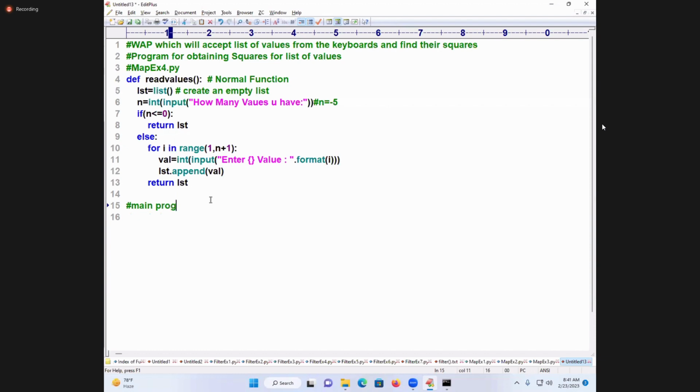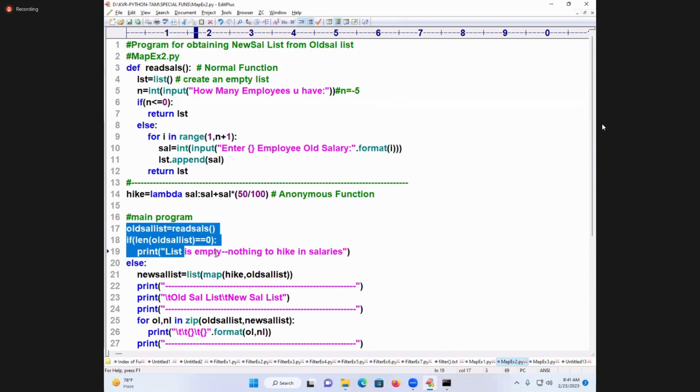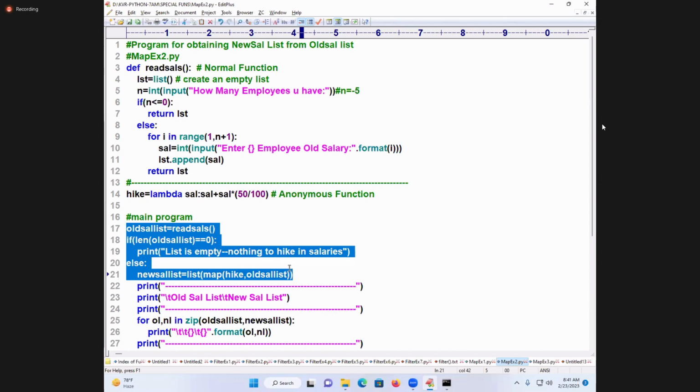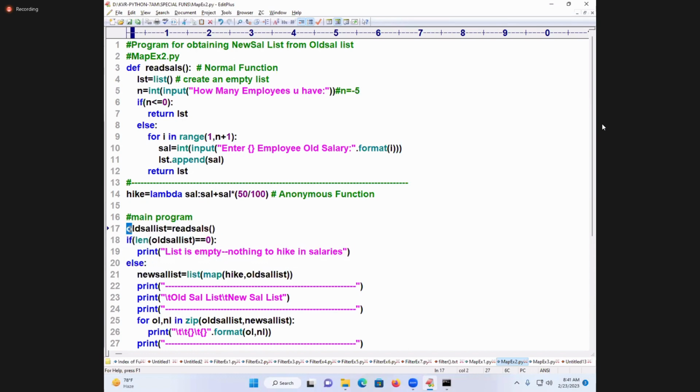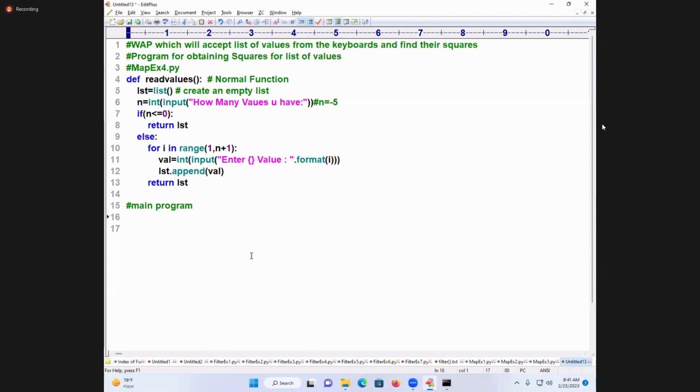Coming to next, the main program I am going to take. Instead of taking too much time for that, you already know that I am going to apply this part. I'll take this part here. Come on. What is this now? Read values. I got the old value list, right or not? So something like old list I will say. Why take a big name? Old list I will take. Now old list is equal to